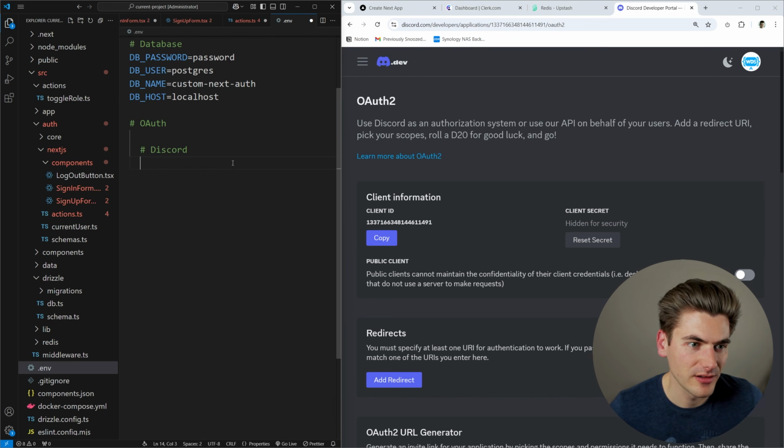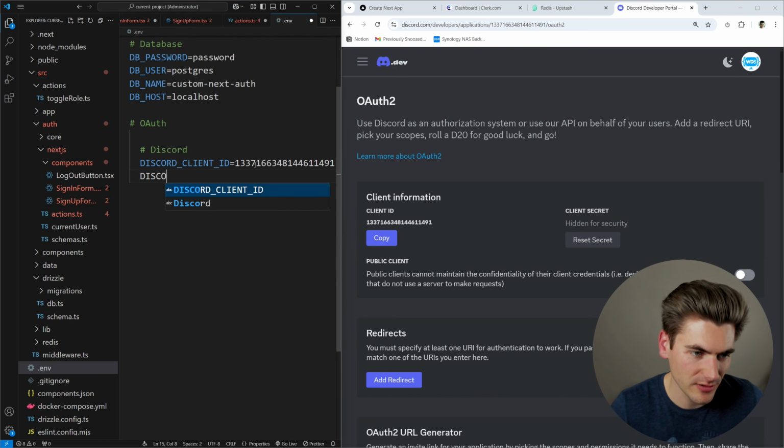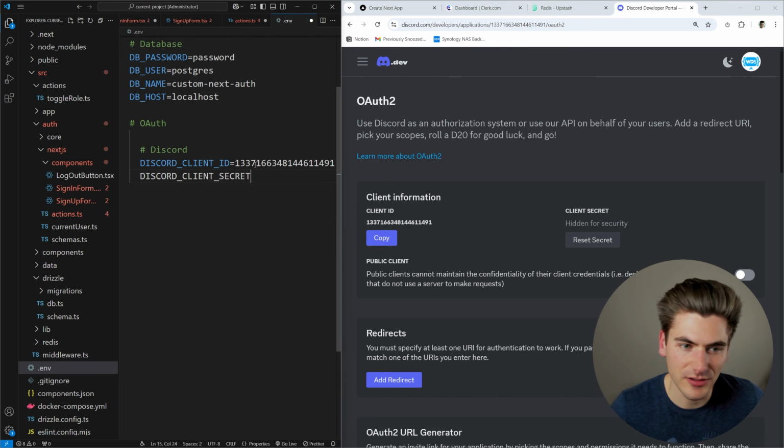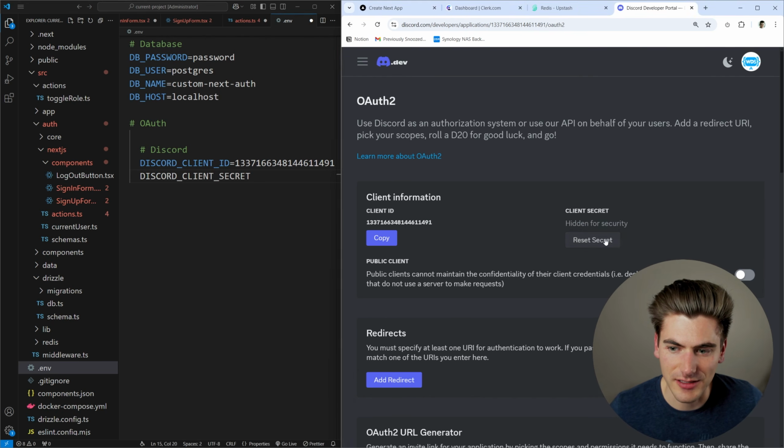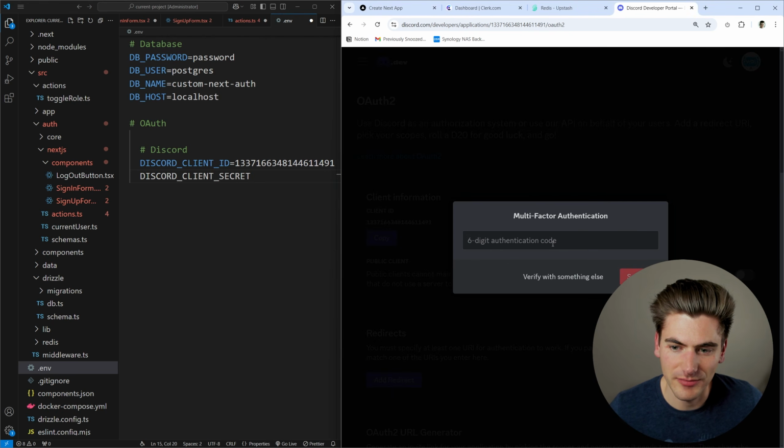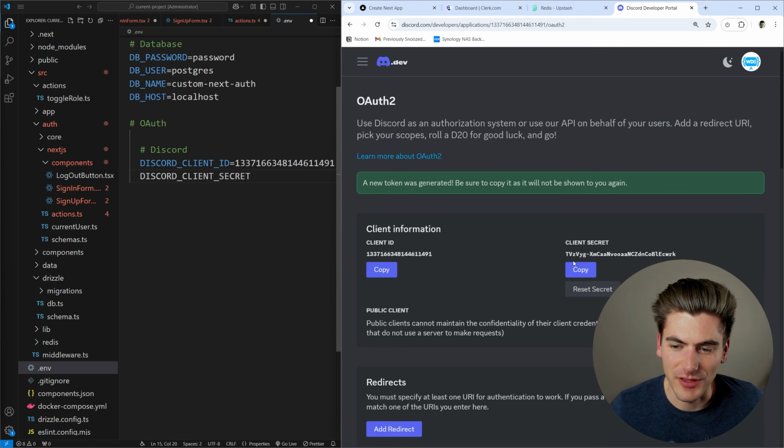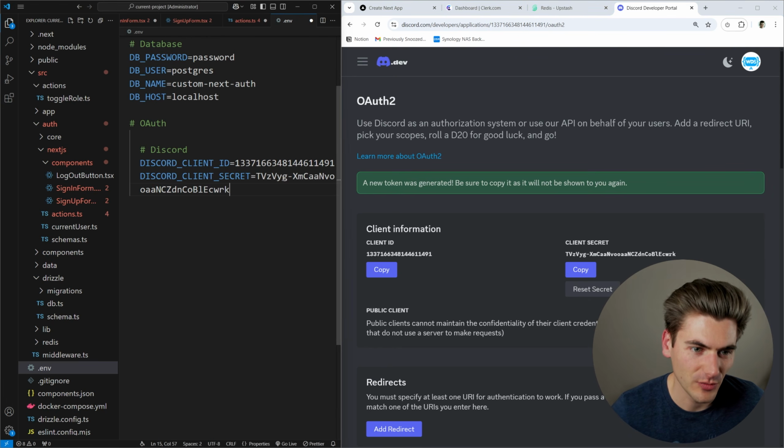We'll just indent that. And the very first thing I want to have is my Discord client ID. We'll just copy that and paste that directly in here. And then our Discord client secret, we'll just call it client secret. So we'll reset this so we get a brand new one. And if I just do some multi-factor authentication, you can see we get our client secret, which we can paste